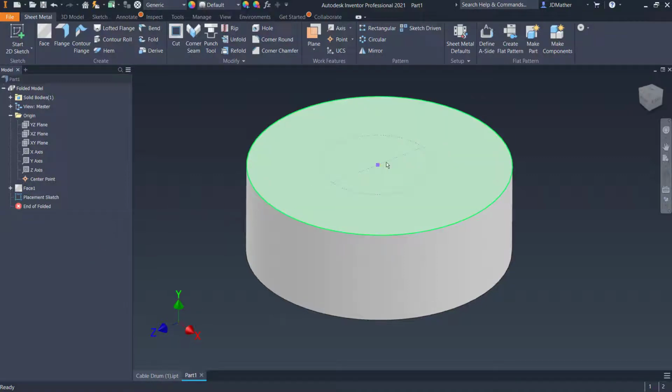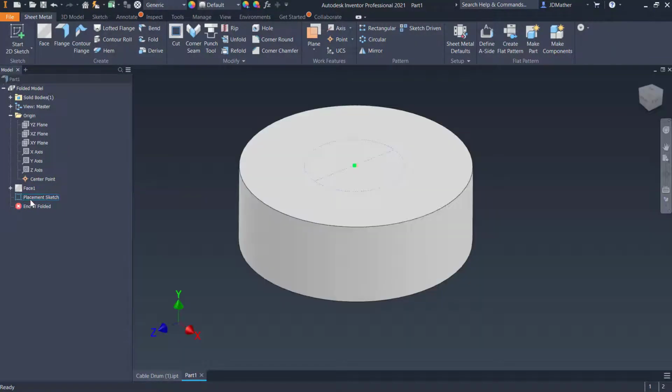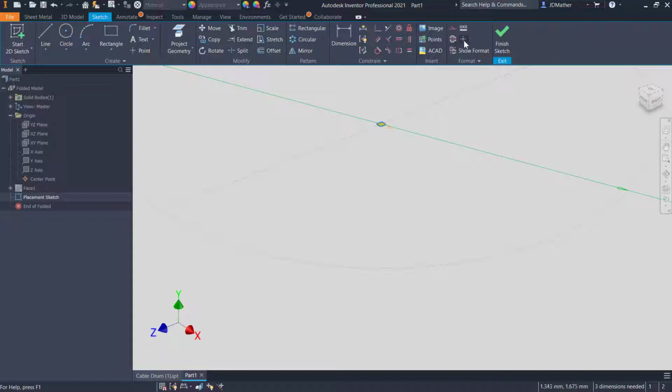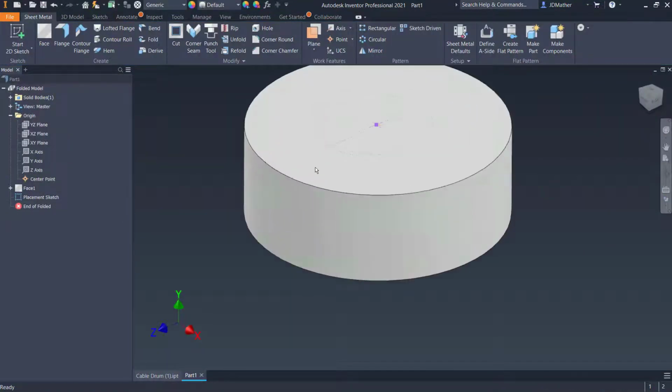Now, I forgot one important point, that this has to be a sketch center point. So I'm going to right click, I'll edit that sketch, and I'll select this point, and I can toggle that to a center point. So your first sketch for a punch tool always has to have a center point in the sketch. Okay, so now I have that center point, and I will then create a plane perpendicular to this